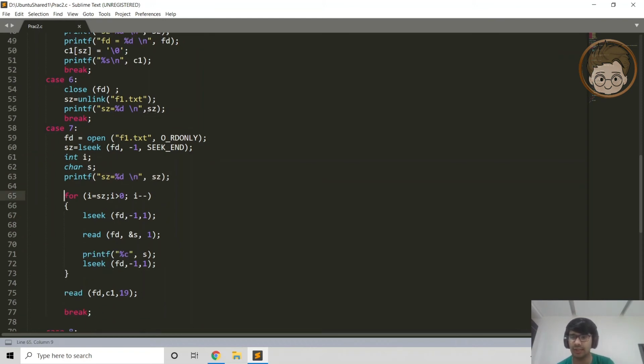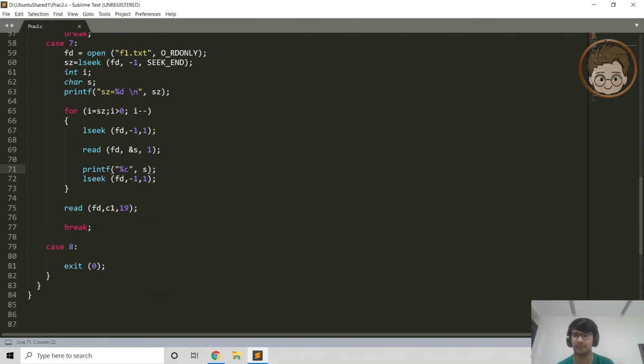And then we will reverse loop through the file, like i is equal to sz, i greater than 0 and i minus minus. We will decrement that pointer, and we will call lseek and read concurrently, and we will print each character. So what this will do is it will reverse your string or whatever data you have entered there, and at last we will break out of the loop.